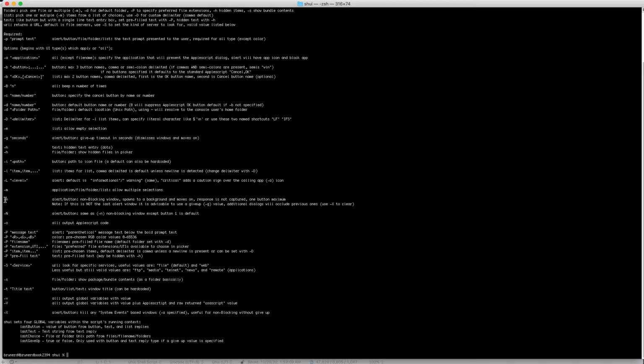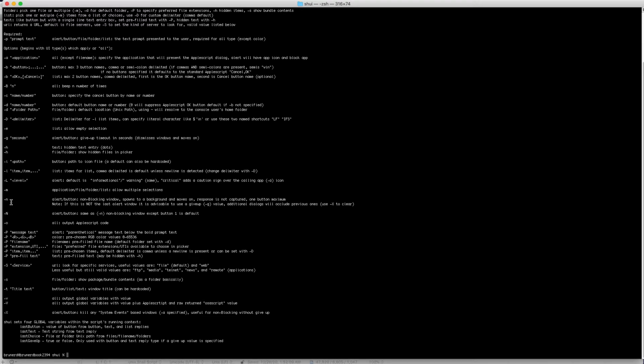You can make a window non-blocking, meaning that it's going to run as a background process as your script goes on. It's important to either set a give up with that so that it'll go away, or make the calling application System Events so that when you do -X, it will kill the System Events processes and thus your window. You can also,